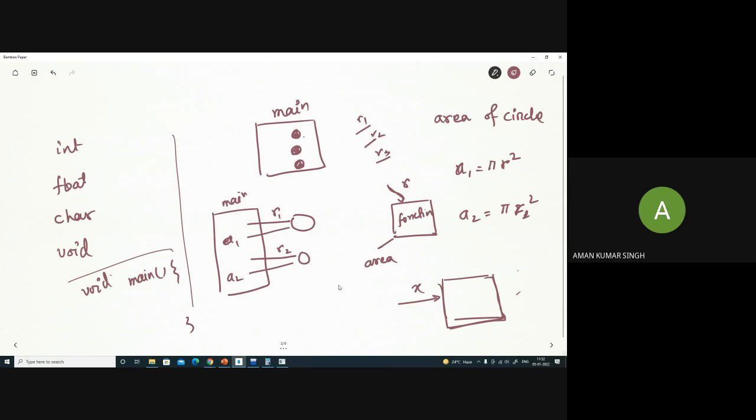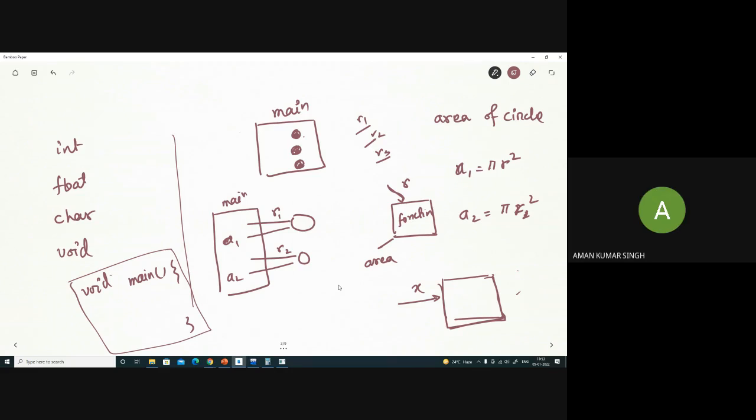Okay. So sir, what will be returned if it is not an integer? It may be anything. It may return a float, like area. It is not returning an integer. It may return a float. It may return a character, but it is returning something. So what it is returning, I have to mention that. But if the function does not return anything, then I have to mention that its return type is void. So void is basically a statement that your function is not returning anything. Get it? Yes, sir. Okay.